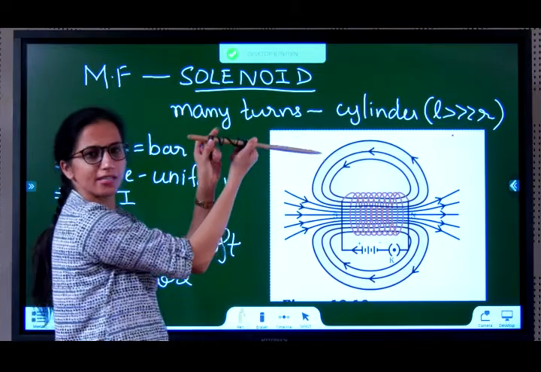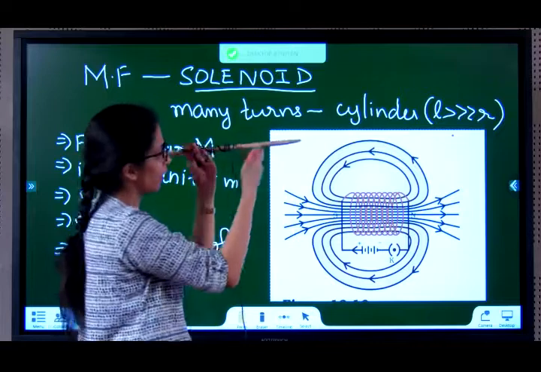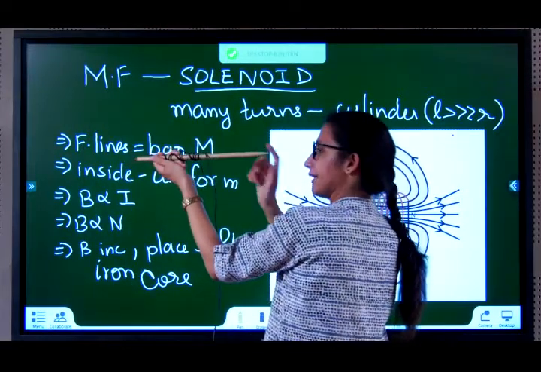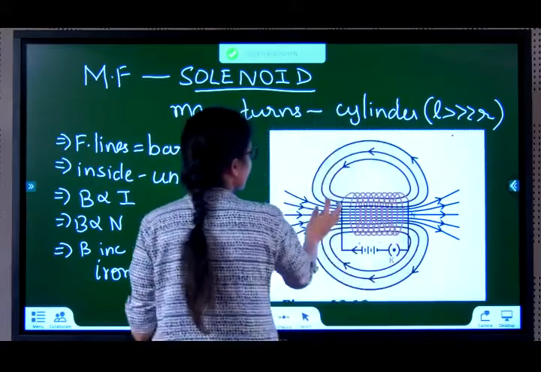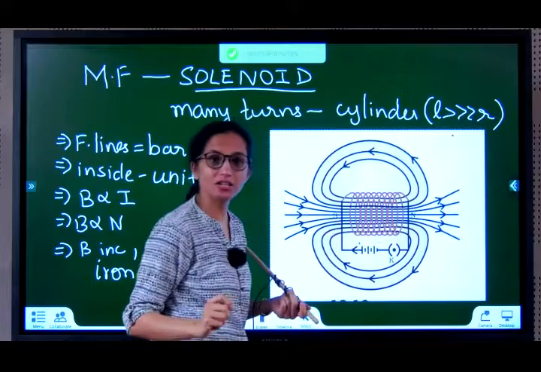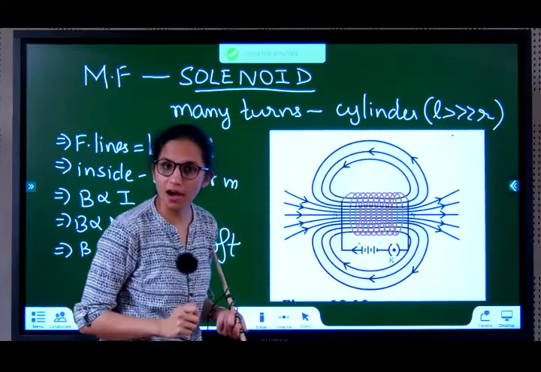This is like a small circular loop. Small circular loop, clock, behaves like a south pole. And I come this side, it's an anti-clock. Small circular loop, anti-clock is north pole. So this side of the solenoid behaves as a south pole and this side of the solenoid behaves as the north pole, and this solenoid itself behaves similar to a bar magnet.